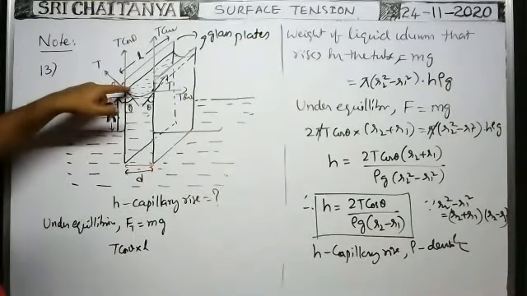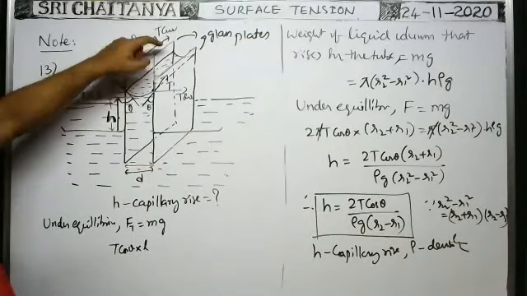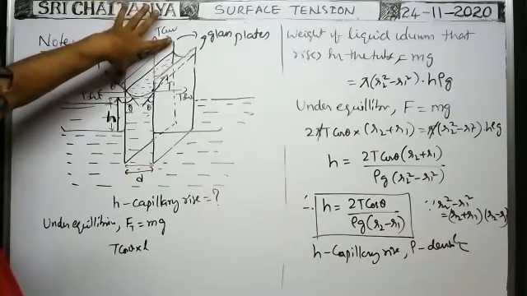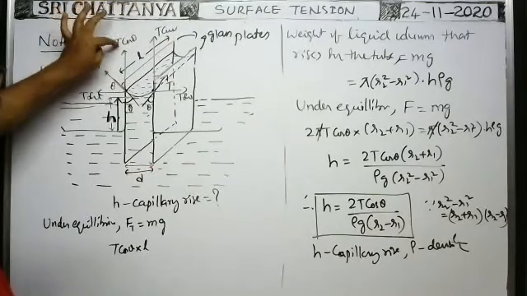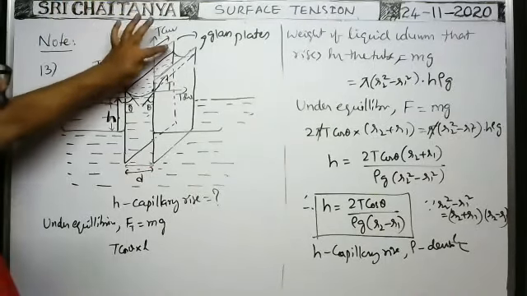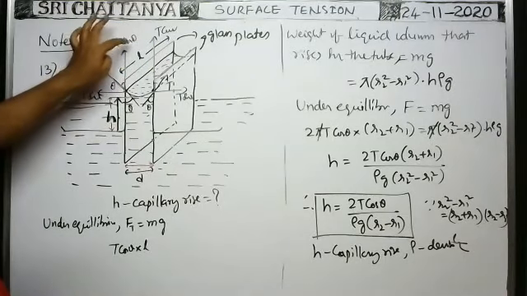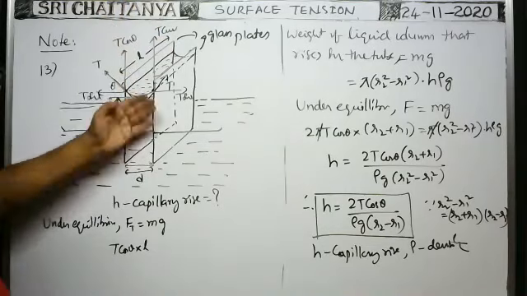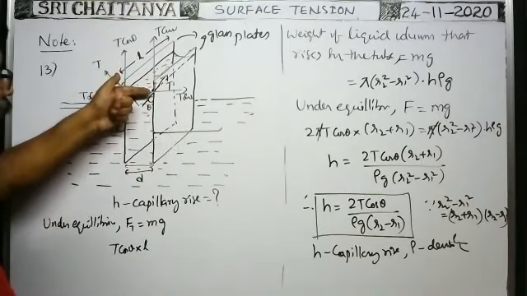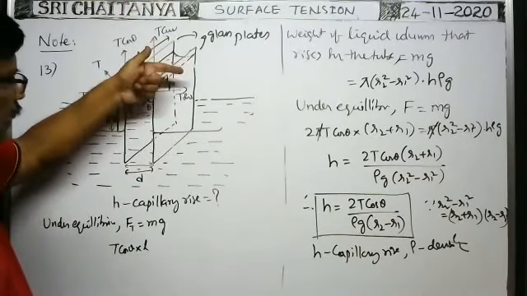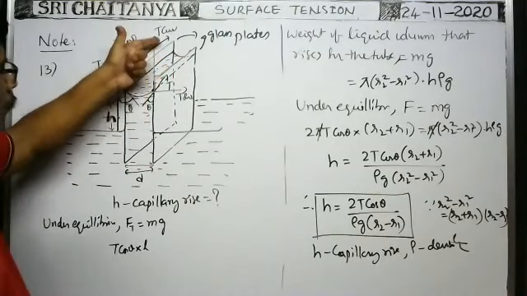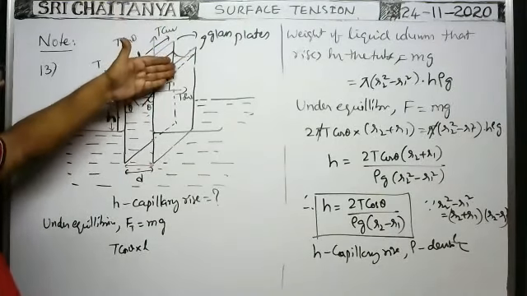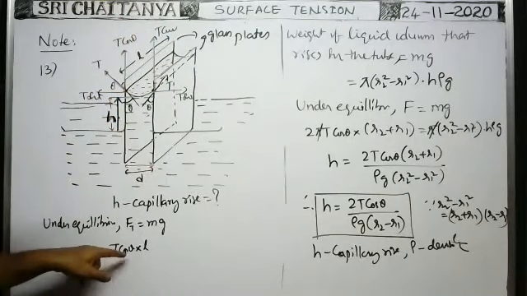Okay, the surface of liquid in contact with the glass plate has length equal to the length of the glass plate here. So the force due to surface tension acts on the surface of the liquid in the vertical upward direction equal to T cos theta into the length of the free liquid surface in contact with the glass plate, L. On this side also, the length of the free liquid surface in contact with the glass plate is the same L only. The upward component of the surface tension force is T cos theta. That's why on this side also the force due to surface tension is equal to T cos theta into L.